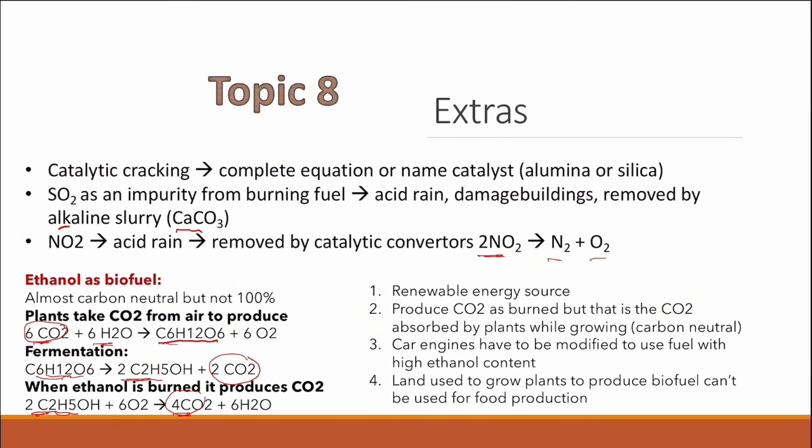What are the advantages and disadvantages? Advantages is that it's a renewable energy source and it produces carbon dioxide as it's burned, but that carbon dioxide is absorbed by plants while growing. So we say it's almost carbon neutral. The disadvantages is that the